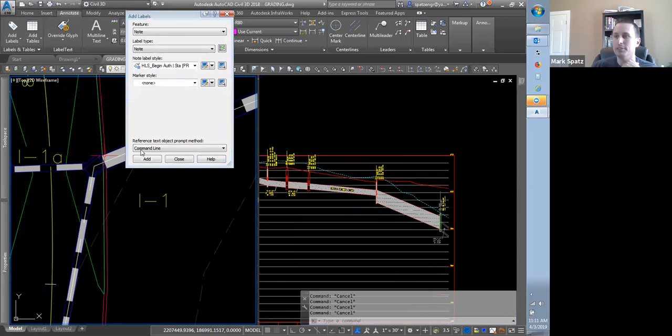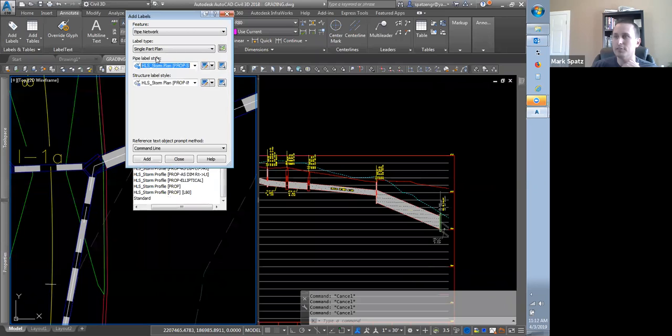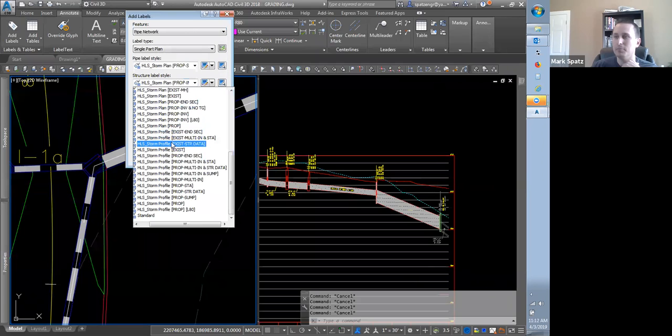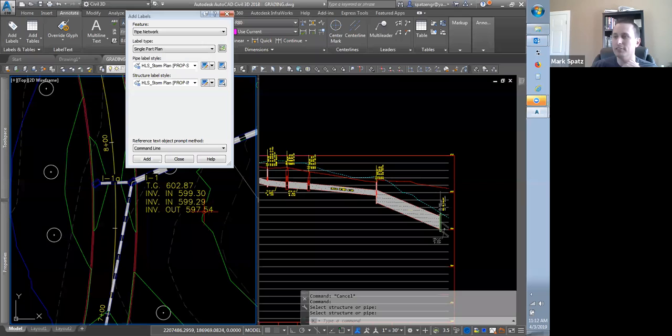The last thing I want to just hit on here is to go to pipe networks. And if you wanted to label this in plan view, you can just go to pipe networks again, single part in plan. Then there is plan. I think we did this before, but here's plan. This is name only, size. Oh, this is for the pipe. I need structure. So we do plan proposed right here, and this has inverts. So plan proposed with inverts, hit add, pick the structure, and then you can get all the invert data